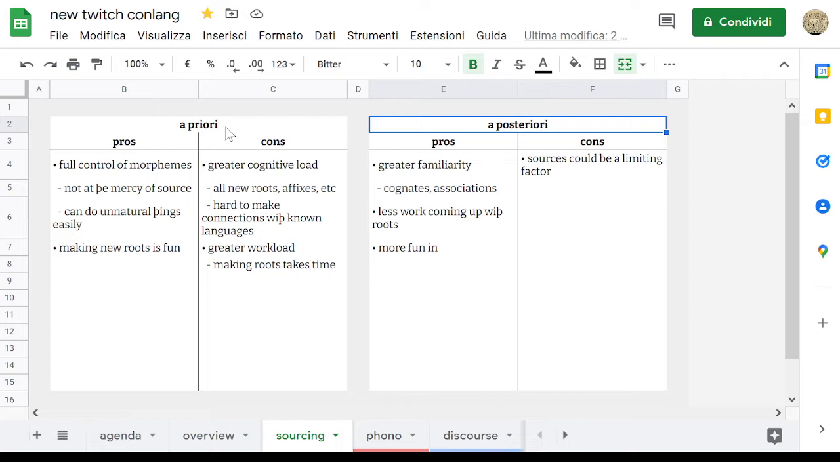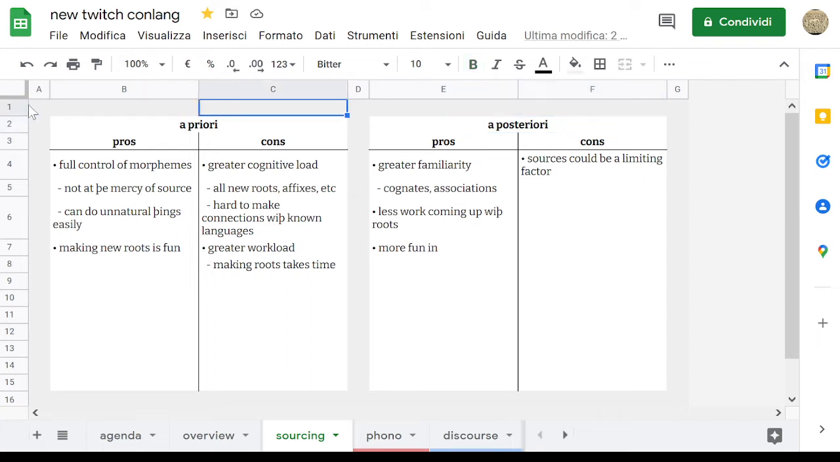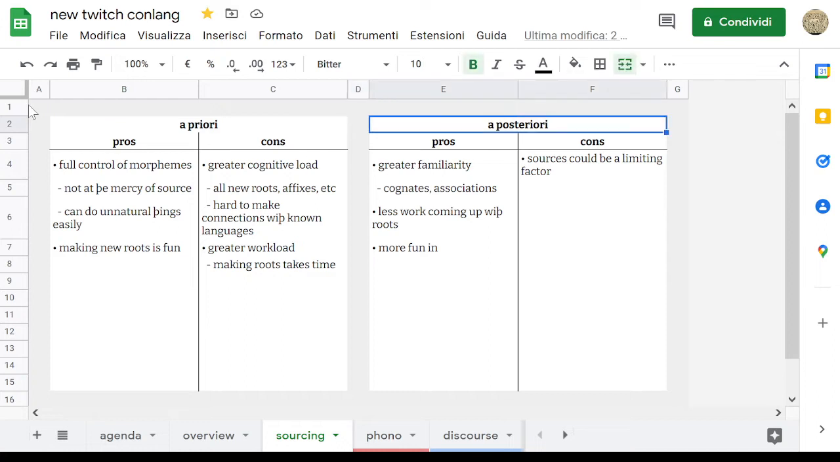So, a posteriori, I'll start there. These are just Latin terms that linguists at least use to describe words when they're discussing natural languages. And if something is a posteriori, it is derived from another language. So an example of an a posteriori conlang might be,